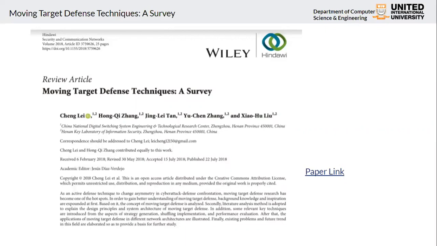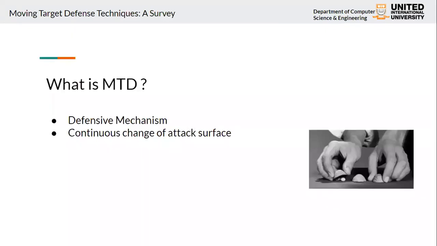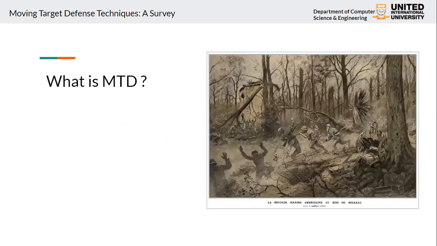So before we start presenting this specific paper, let us have an overview of our project topic. The first terminology is MTD. What is MTD? Moving target defense is a defensive mechanism. The natives of North America used this technique during the Korean War. In this technique, they attack quickly from the trees and then disappear into the woods, effectively moving the target for a counterattack. It's a critical military technique which can also be implemented in networks.